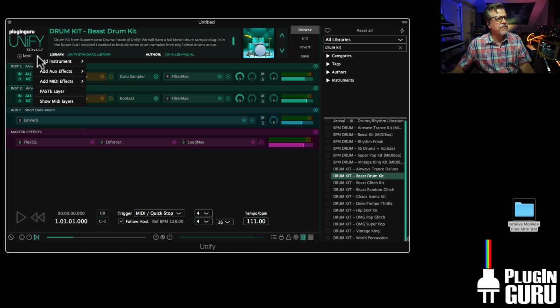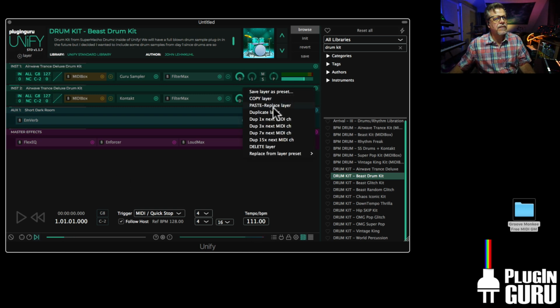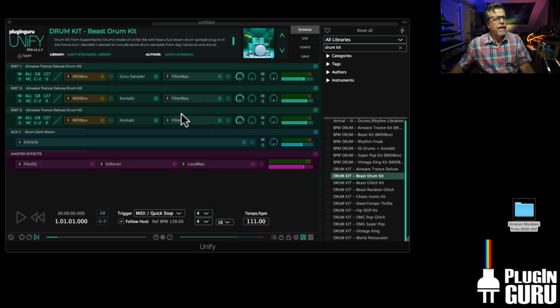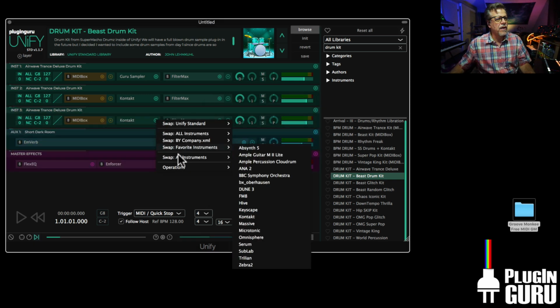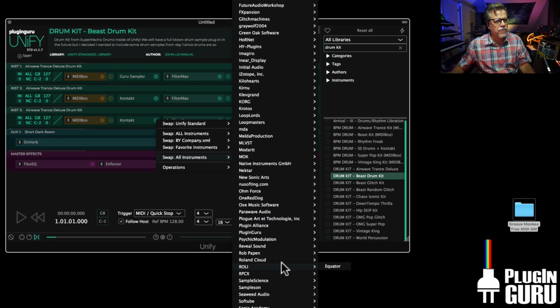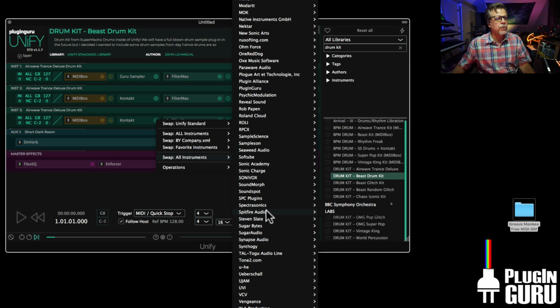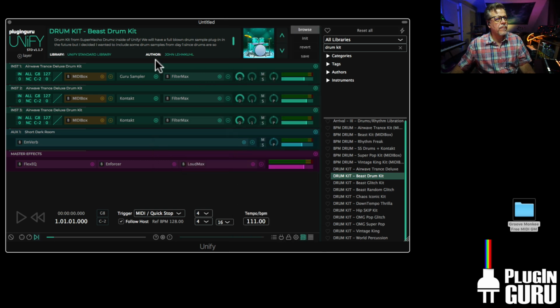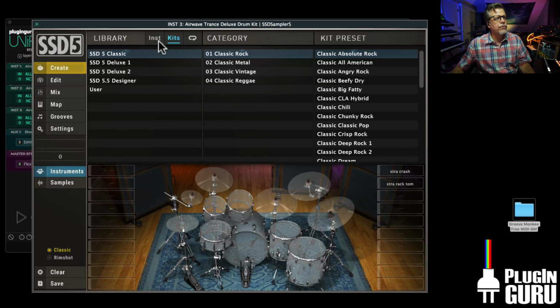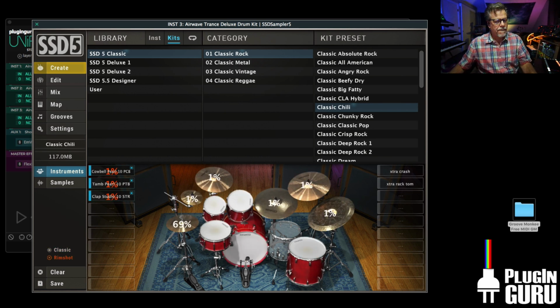And on top of this, let's do this. Let's duplicate, say duplicate. And let's go over here instead of here, another drum kit source that I use when I'm doing big music productions often is Steven Slate. He's got a really cool plugin with a ton of radio ready drum kits. So Steven Slate. Let's go over here and let's choose. Now this is RAM, so it's going to start to wear out your computer a little bit. But let's say Classic Chill. And once it gets done loading,